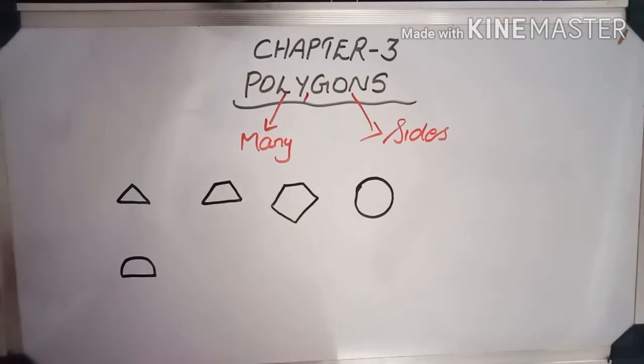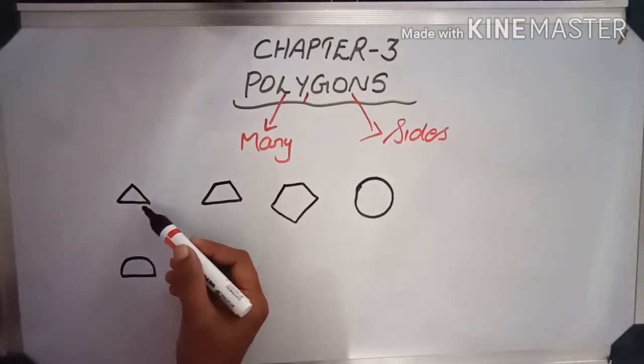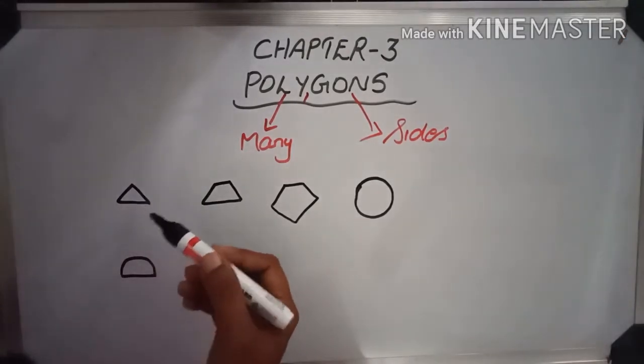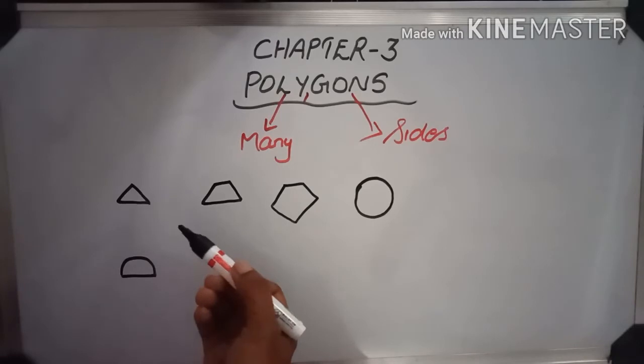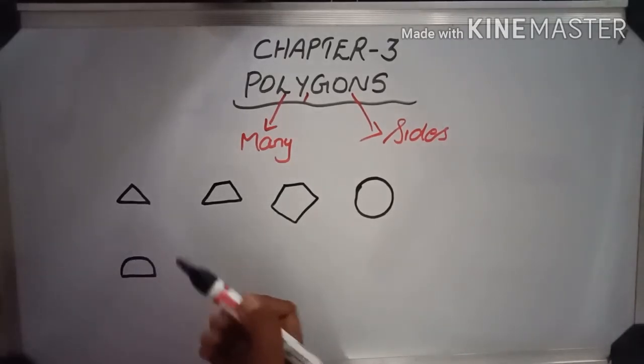Shapes means geometrical shapes with minimum 3 sides. Minimum 3 sides polygon we are going to study here. That means start from triangle. Triangle has 3 sides. Then only that figure will be a closed figure. The figure must be a closed figure. That type of figure we are going to learn here.